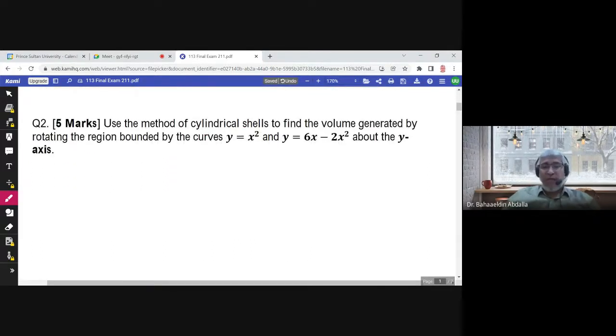Use the method of cylindrical shells to find the volume. Finding the volume was in chapter 6, and this is section 6.3, cylindrical shells. And we know if the rotation is about the y-axis, then immediately we have dx here, okay? Dx would be used, integral with respect to x, and we will have x from a to b, and the formula is